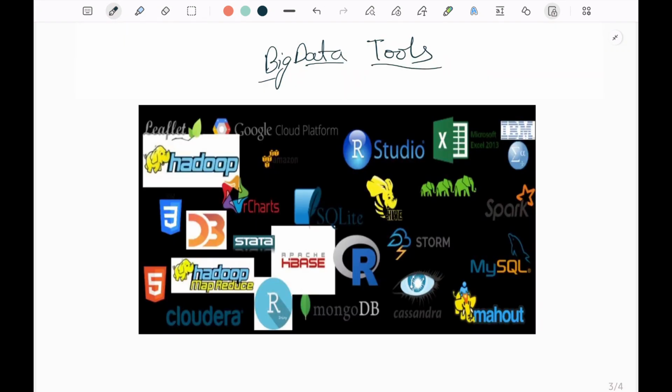Now let's discuss the tools. Don't worry, you don't need to memorize them, just understand what they do. So coming to storage tools, we have HDFS, which is distributed storage used for on-premises. And coming to the cloud storage, we have Amazon S3 as a data lake, Google Cloud Storage. And coming to the processing tools, we have Apache Spark, very popular for big data processing. And we have Hadoop MapReduce, which is older but important historically. And we have Flink, which is good for streaming data.